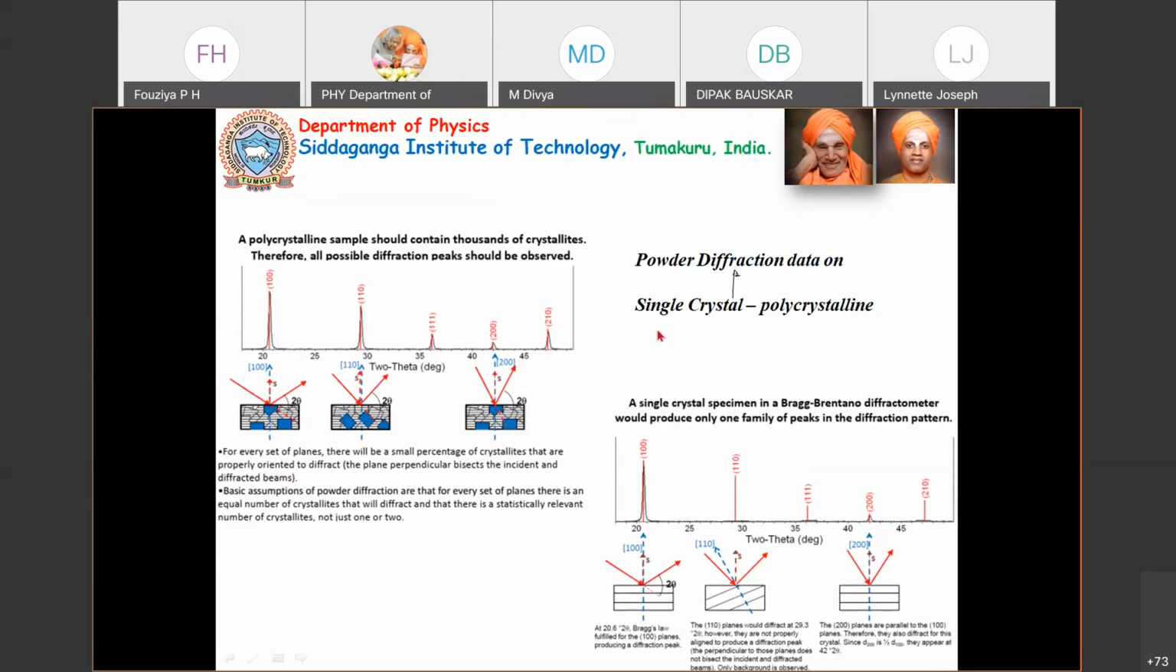Okay. So if you're trying to take X-ray diffraction of single crystal data on a powder diffractometer, then what happens is you may lose some intensity. Okay, because in case of your